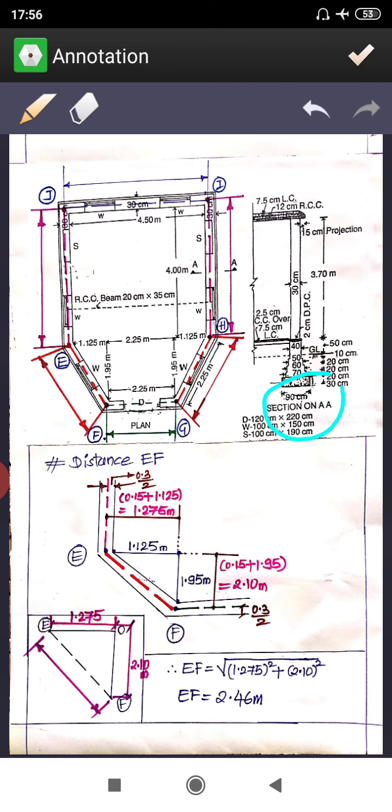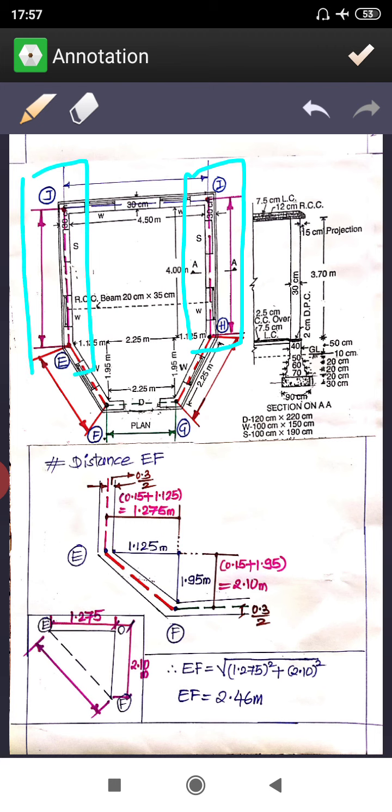Now suppose if I'm taking a quantity of excavation, see, according to the plan I am having 0.9 as my excavation. Now center to center is, see, this is 4.15 meter, right? Now to this center to center, what you have to do, you have to add one full width, that is 0.9, then I'll be getting the length of HI. It means that, see, 0.9 width you are constructing here. Similarly for JE, so 0.9 you are constructing here. That's why you have to do this.